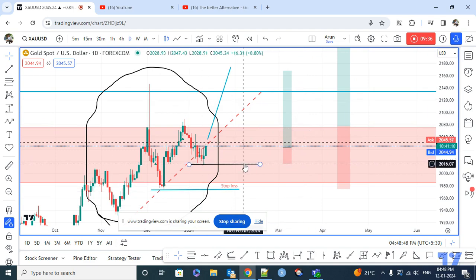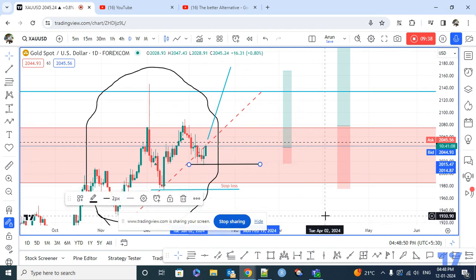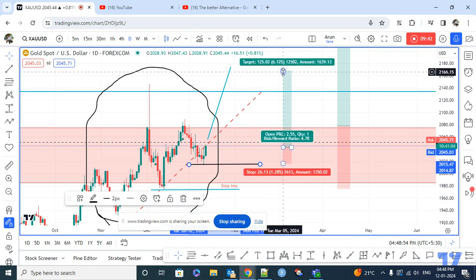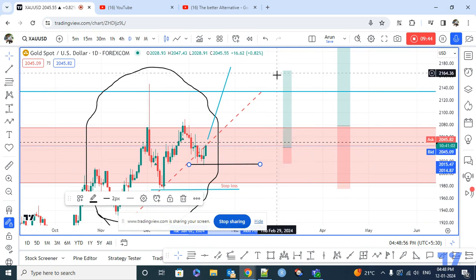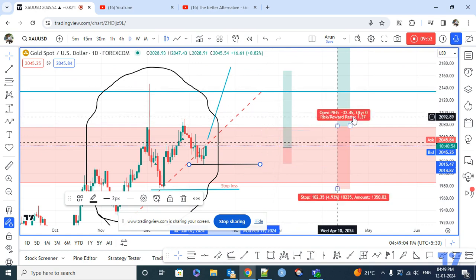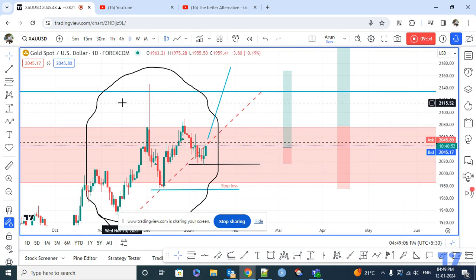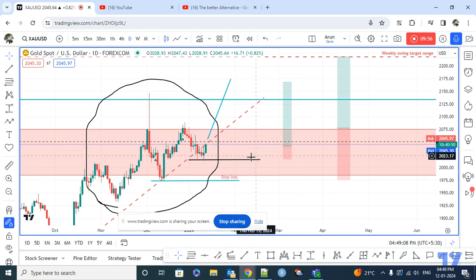So this stop would be 2015.47, and the target is expected in the range of 2134.58 to 2167.34. So this is the range. As the weekly swing still holds,